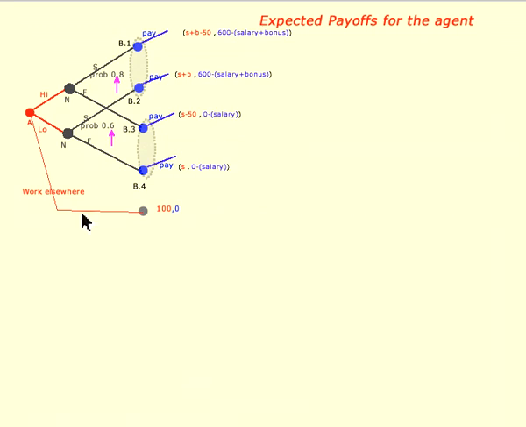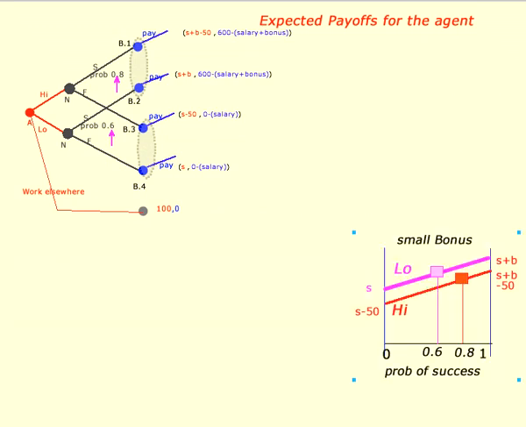So I've put the game in the upper left-hand corner here, and let's look at the idea first from the agent's perspective if he gets a small bonus. So down in the right-hand corner over here, I have a diagram of expected payoffs for the agent under various scenarios. Now, this is the basic expected payoff diagram we had from mixed strategies, and we used in the venture capital games, or we use anywhere where there's some uncertainty. So let's have a look and see how the payoffs here map into the payoffs in this diagram?